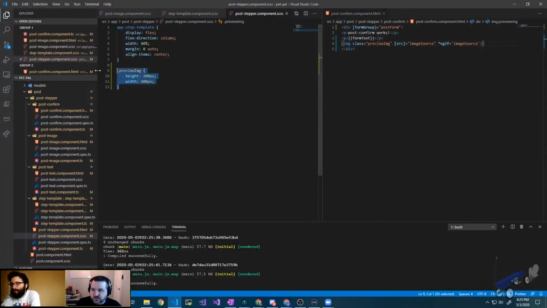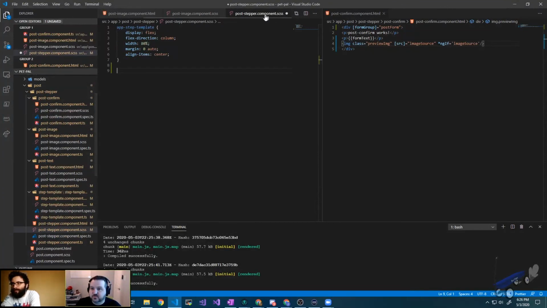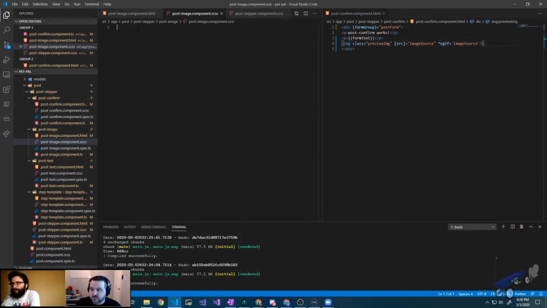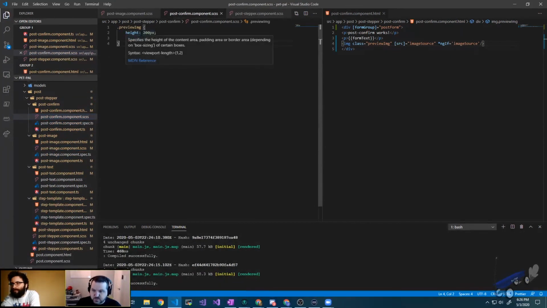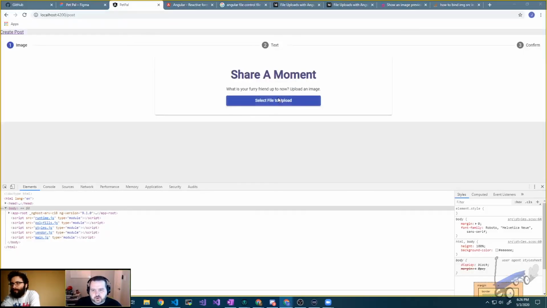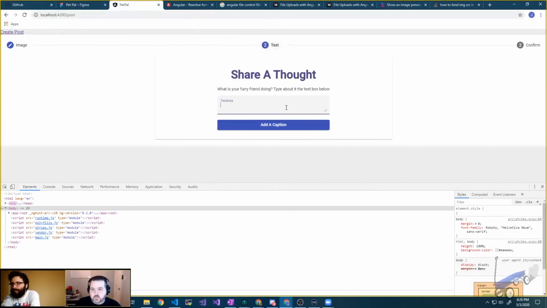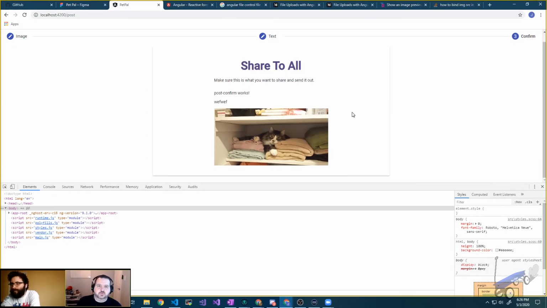Well, you know what I'm going to say? Screw it, and it's going in all the components right now. There you go. I can figure that out later. Opportunities for refactoring. All right, now we need